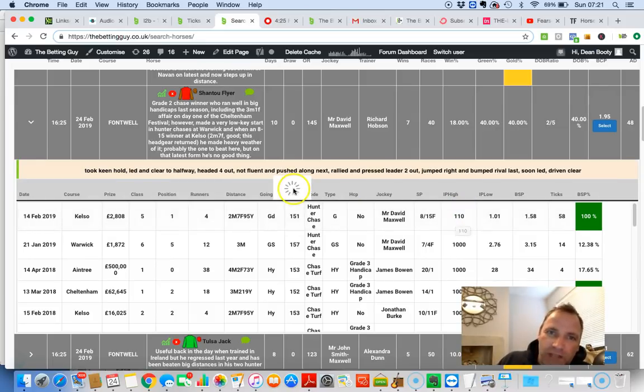Now, this horse has been, as we can see here, jump right and bump lad, push on, not fluent. Here, 2 lengths down when not fluent last. This horse is so brave over the chases. It just absolutely pings the fences. And that's absolutely great. But sometimes it makes a